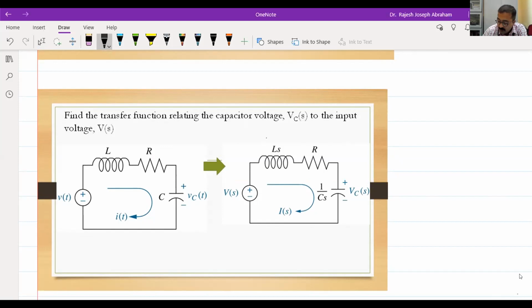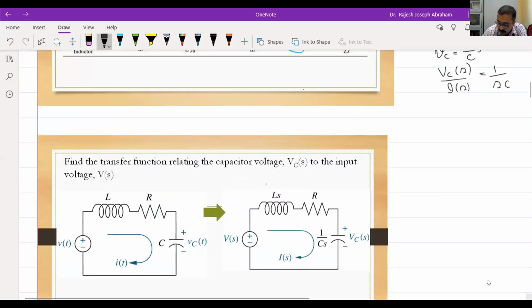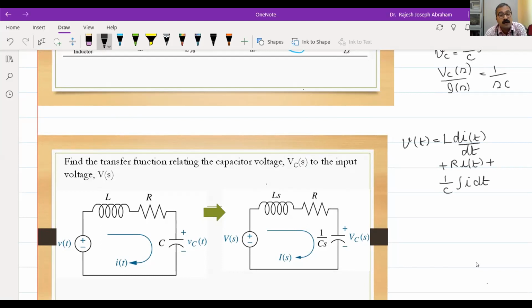Okay. Now, how will you solve this? We have to apply what is called Kirchhoff's voltage law, KVL. Okay. Now, when you apply KVL, what will you get? V of t equals L di by dt plus R into I of t plus 1 by C integral I dt. Okay. So you see, what is Kirchhoff's voltage law? Algebraic sum of EMFs in a closed path must be 0, or sum of potential rises must be equal to sum of potential drops in a closed path. Okay. So for this assumed current direction minus to plus potential rise. So that is the only potential rise in this closed circuit.